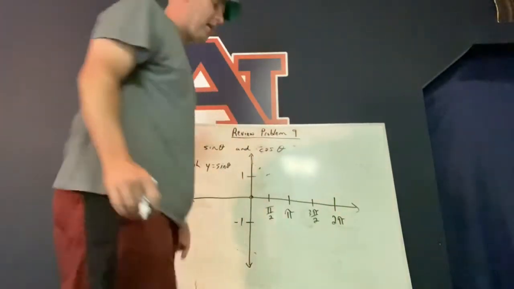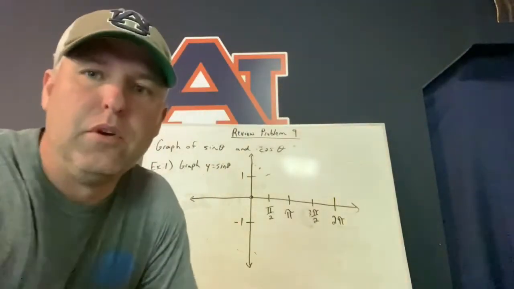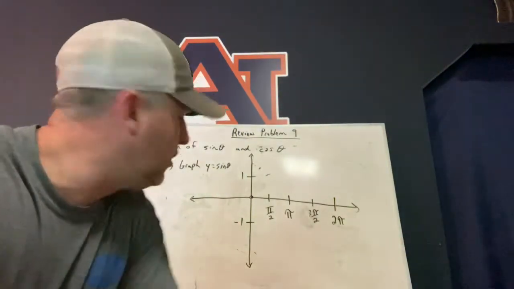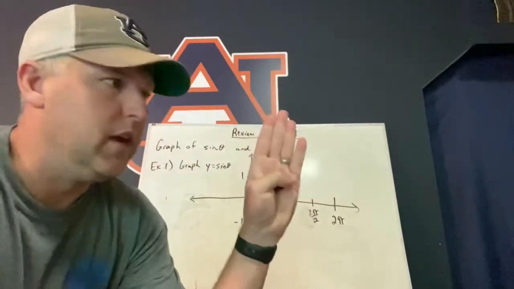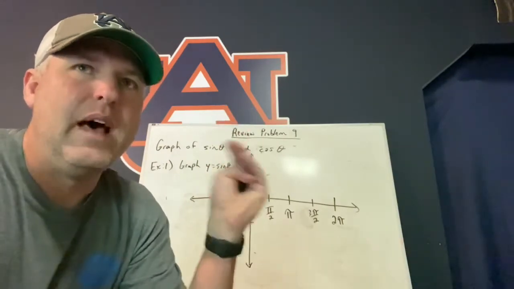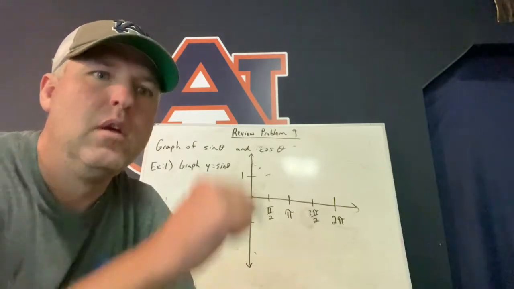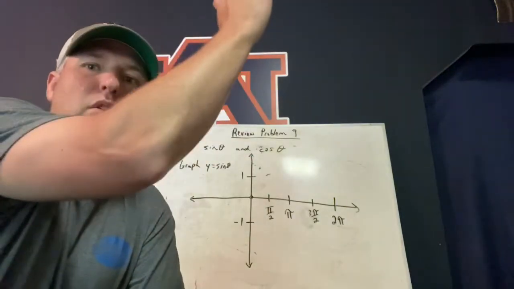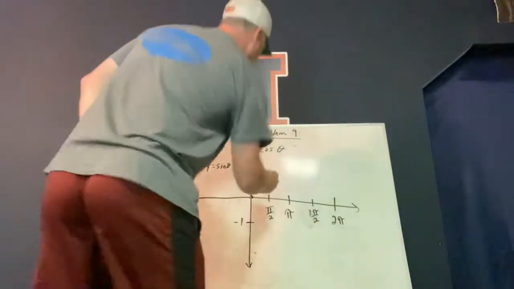Okay? Now, think about this. Look on your unit circle. When theta is pi over 2, where's that located? Straight up and down, right? So what is sine equal to then? It's the y value. Straight up, that's 0, 1, it's the y value, so it's 1, right? So it goes up to 1,